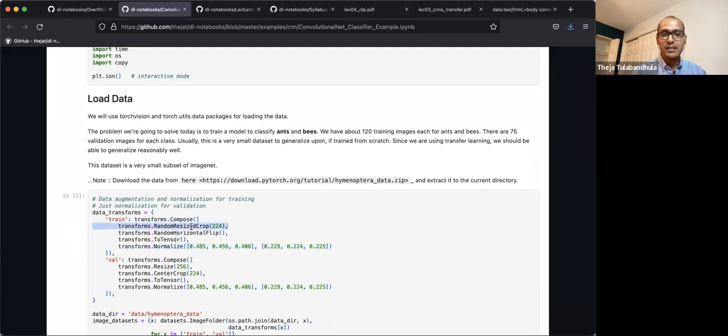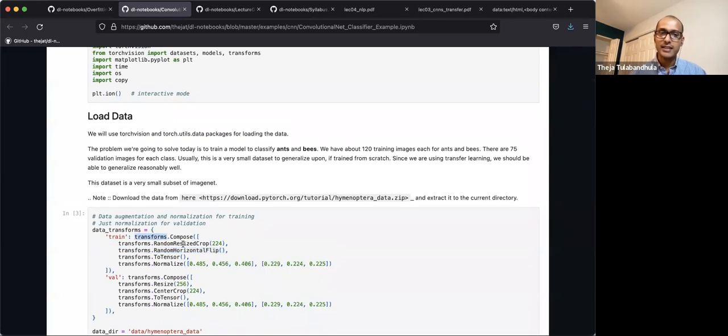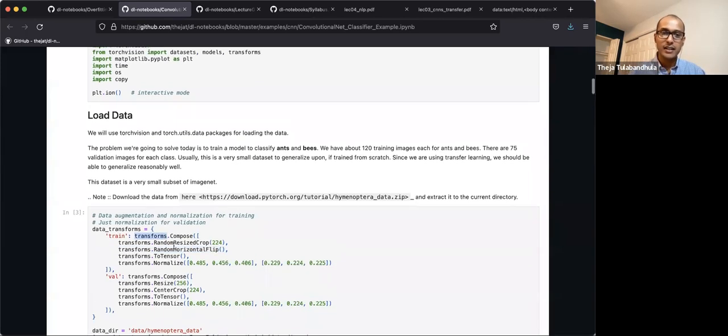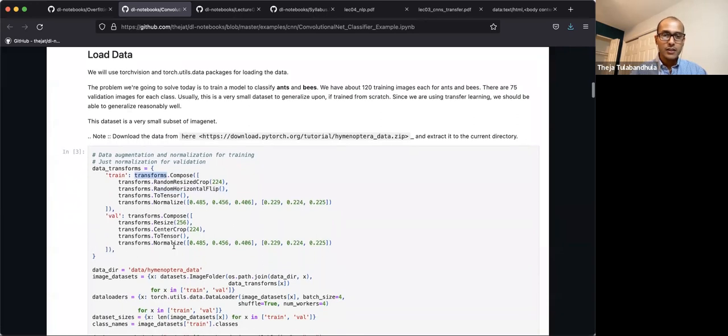Okay, but these are the things that we have already discussed last time, which is resize or flip. There are many other things that you can do. Okay, if you look at the documentation, you will see that this has a lot of things that you can define. So if you define those transformations,